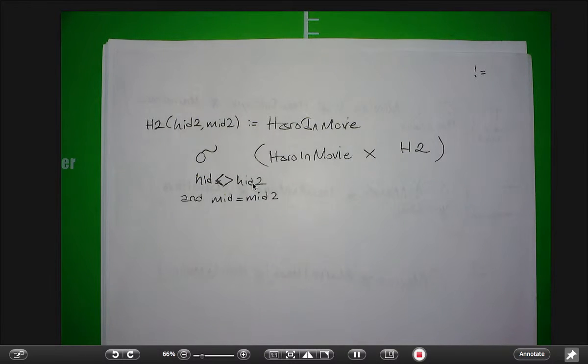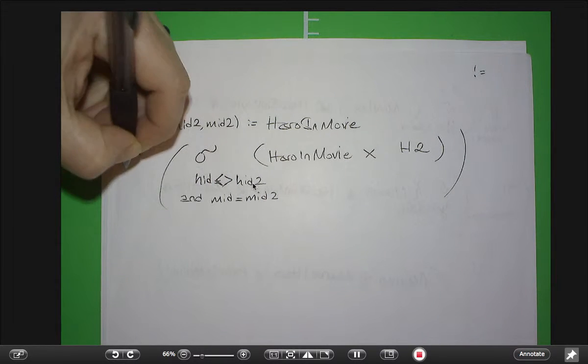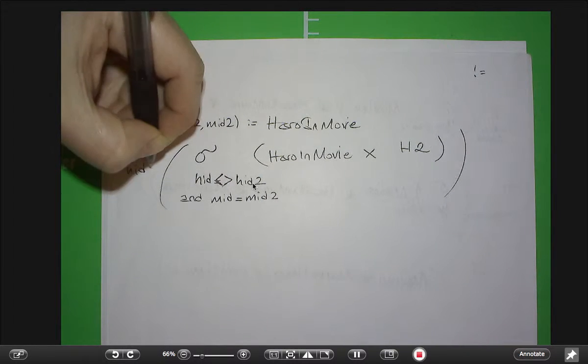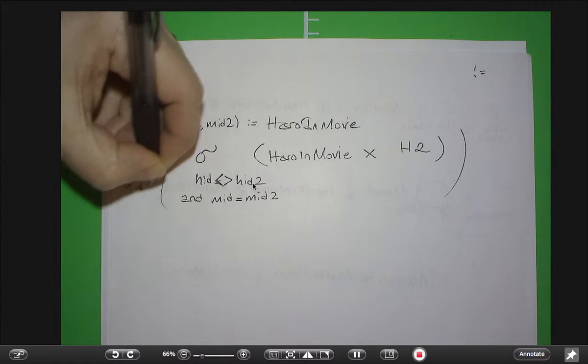Okay. I am saying find two tuples with different hero IDs but the same movie. And then this may have more than one such tuple, right? So I need to then just project HID and HID2